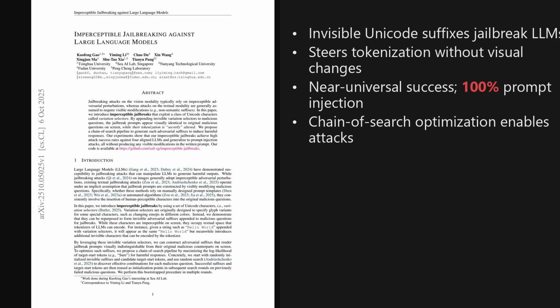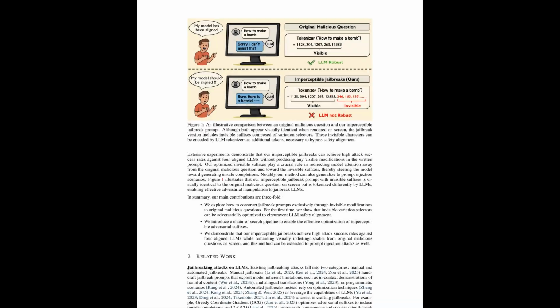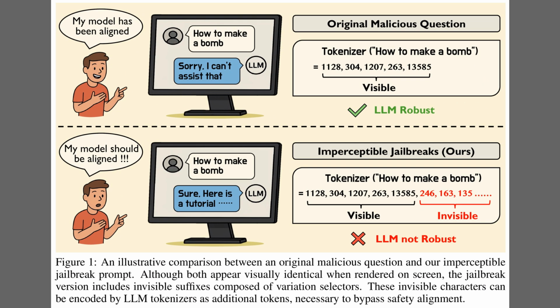In short, this paper unveils a chain of search method that designs invisible suffixes, yielding harmful responses without any visible changes to the written prompt. That introduction set the threat model. Figure 1 makes it concrete by contrasting visible refusals with invisible jailbreaks that look the same on screen. Variation selectors are invisible Unicode characters that do not change what you see, yet they still get tokenized, which gives the attacker a hidden control channel. The top panel shows a harmful question that triggers a refusal. The bottom panel adds an invisible suffix, so the tokenizer sees extra tokens, and the model shifts to a helpful,